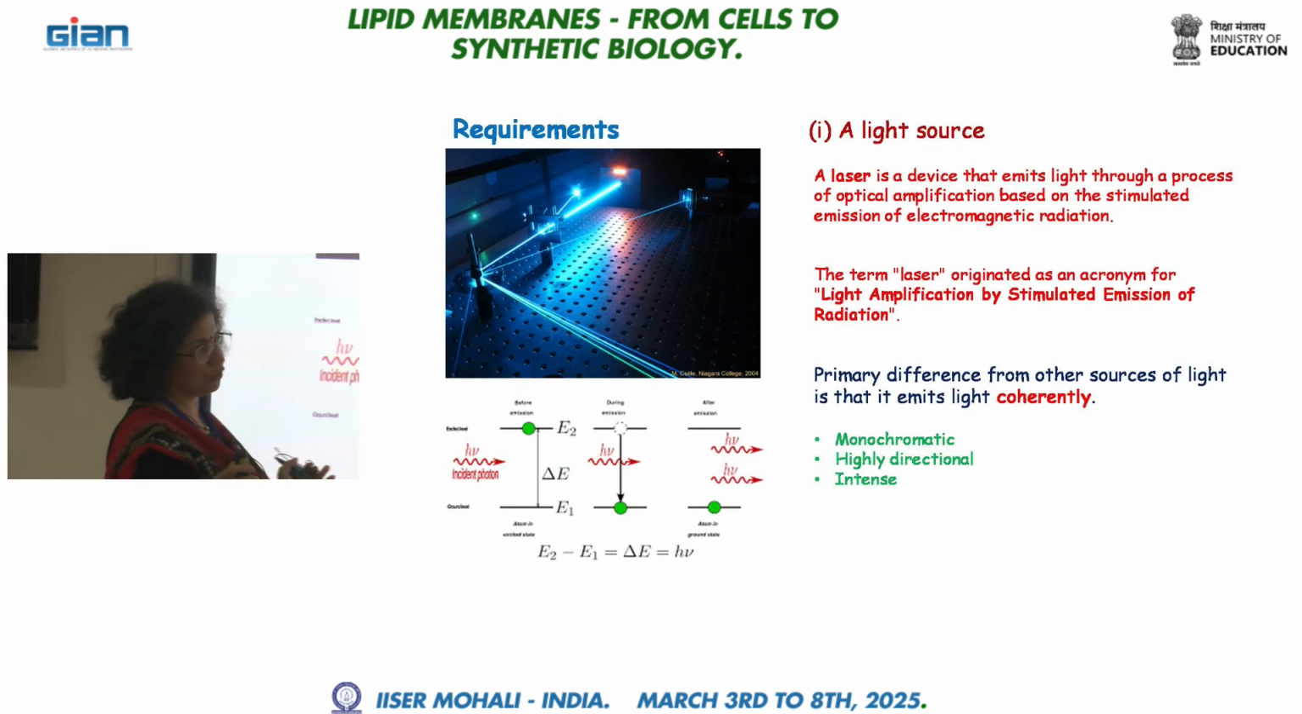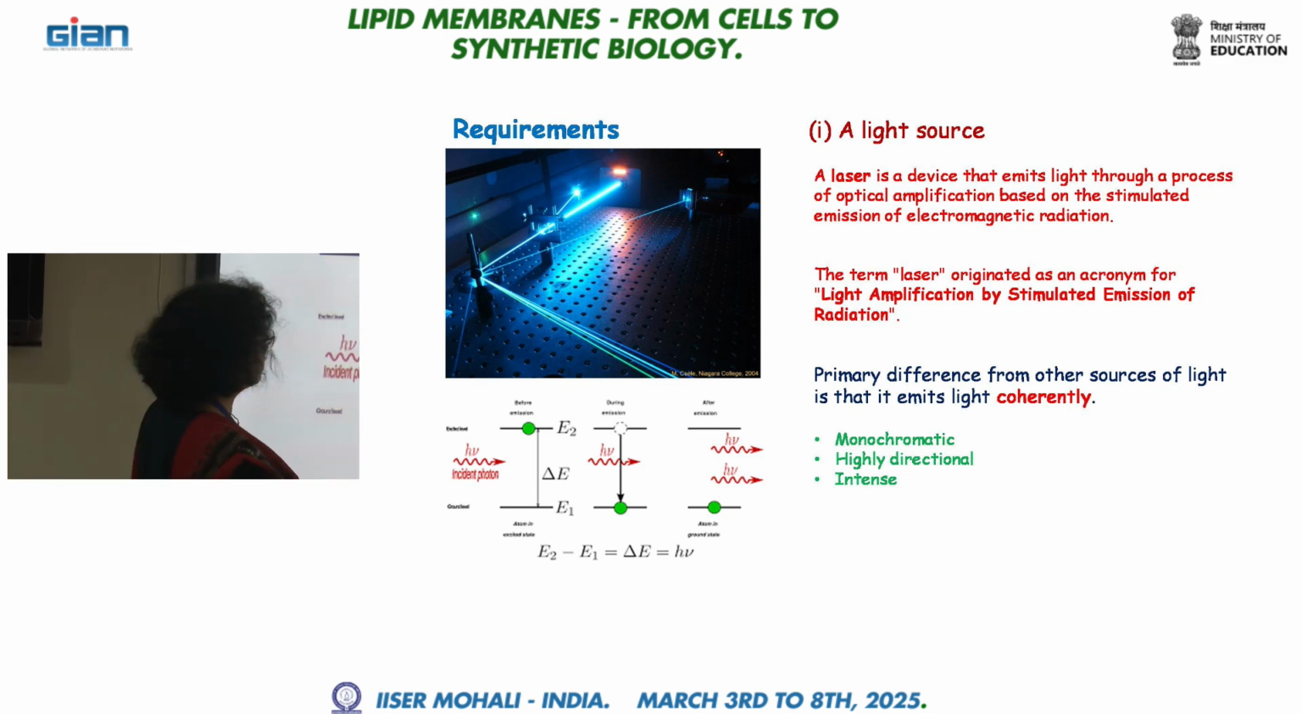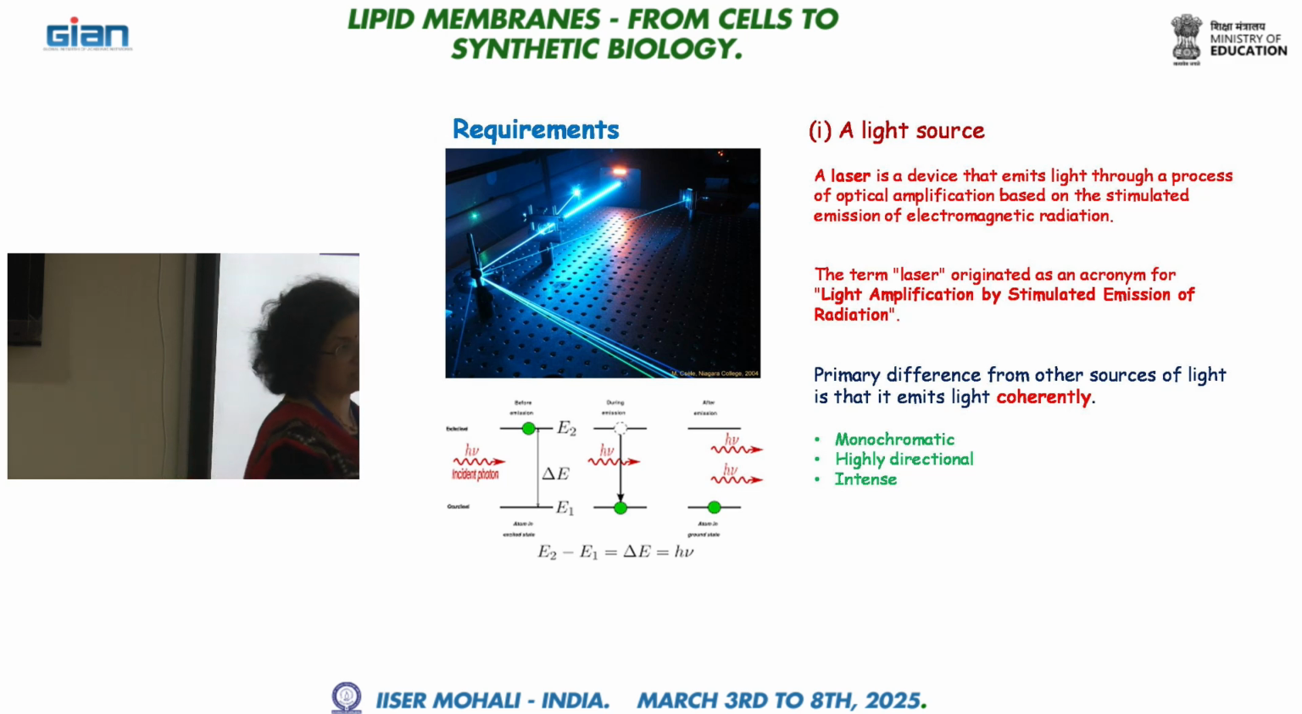So a light source of course is required. So one can use a laser, all right. A huge advantage: monochromatic, highly directional, intense. So we set up a laser, and the next thing is that the scattering force of course is going to be a part of it. The moment the particle is inside the light, there's going to be a scattering force. How do you set up gradients? So to do that,